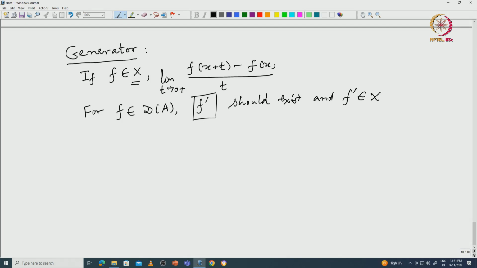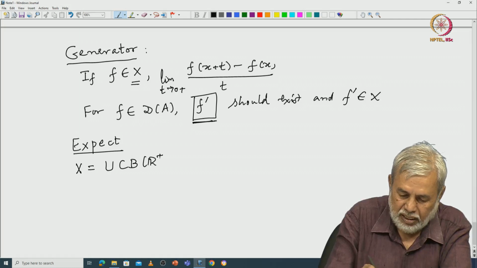For uniformly continuous functions, we can expect this to be the classical derivative, and that again should be uniformly continuous and bounded. But for L^p functions, we should consider this only in the sense of distributions. So, expect this for x in UCB(R plus), this D(A)